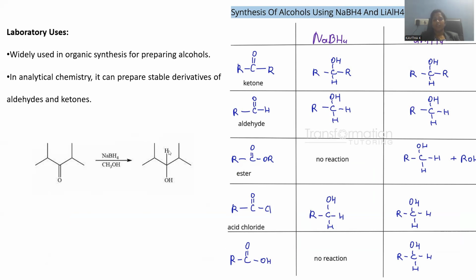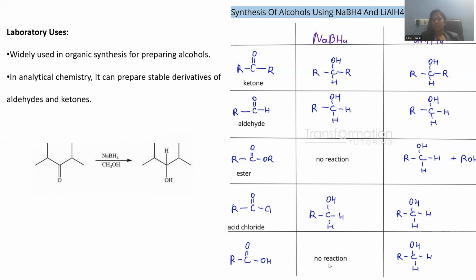Whenever a ketone is taken, that gives rise to a secondary alcohol. Ketones react with sodium borohydride, giving rise to a secondary alcohol as a reduced product. Aldehyde gives rise to a primary alcohol. Ester will not react with sodium borohydride, rather lithium aluminum hydride, being the stronger one, is able to generate a mixture of alcohols with esters. Whenever acid chloride is taken and blended with sodium borohydride, primary alcohol is the expected product, and the same will be observed for lithium aluminum hydride as well.